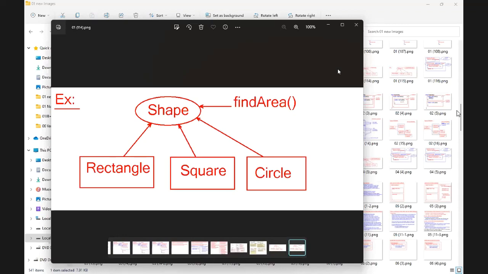If an object's operation implementation logic is changing from one subtype to another subtype, I am saying you have to implement find area. Its internal logic is changing from one subtype to another. Then what should I do? I should declare the operation and force the subtypes to implement those operations. Are you catching?